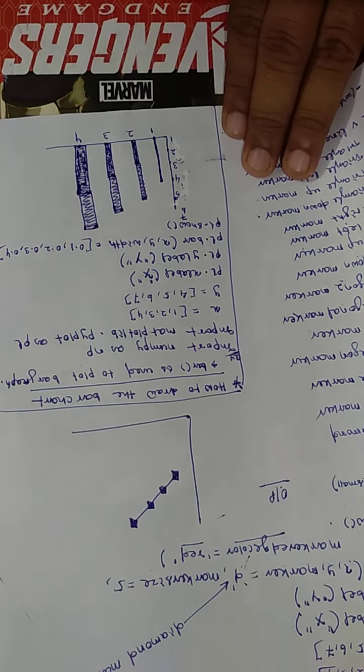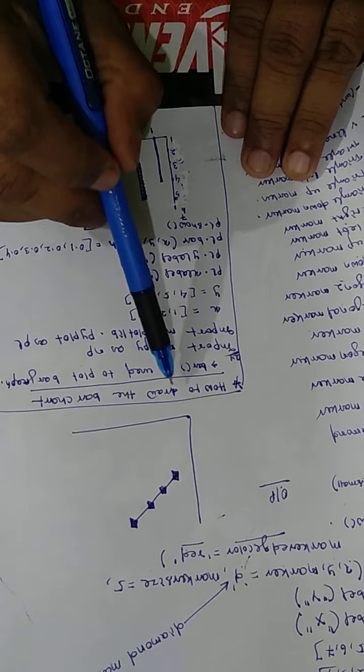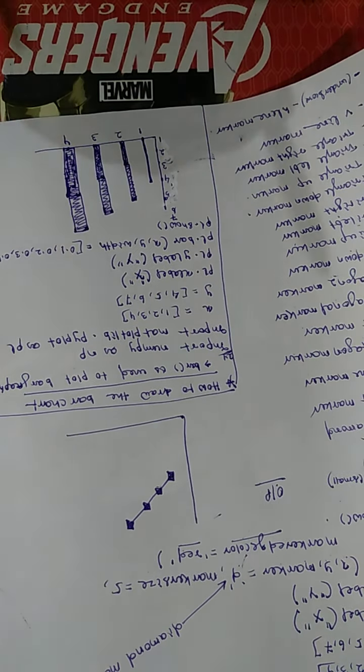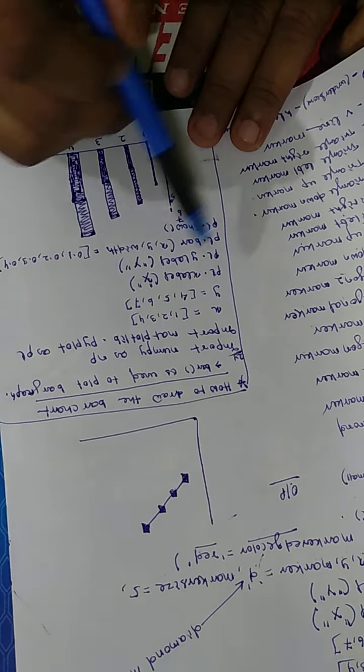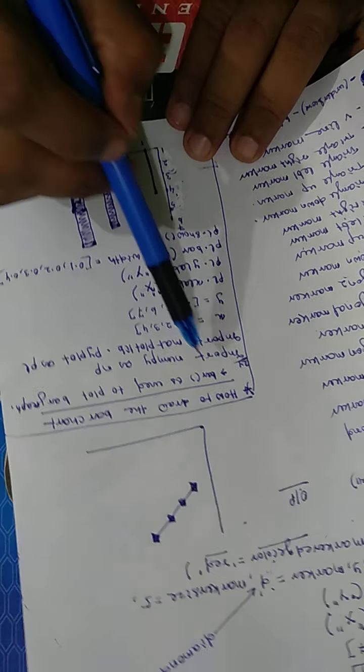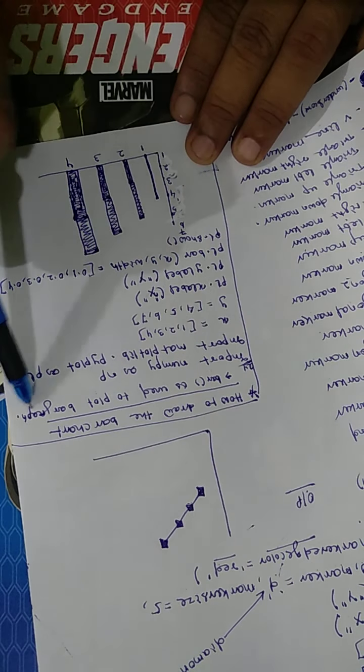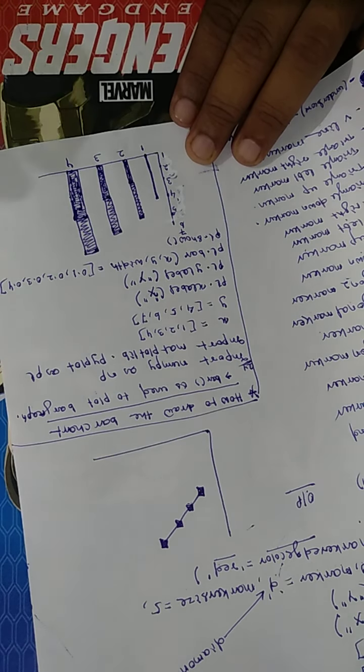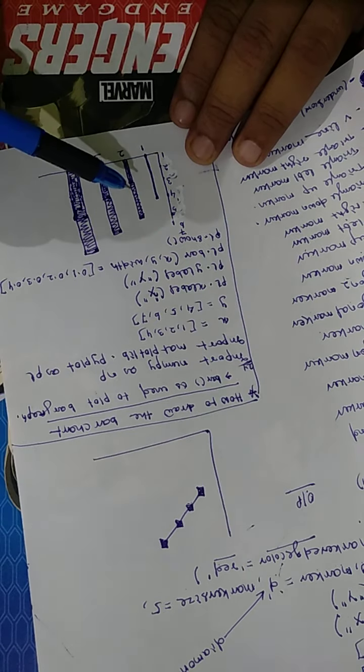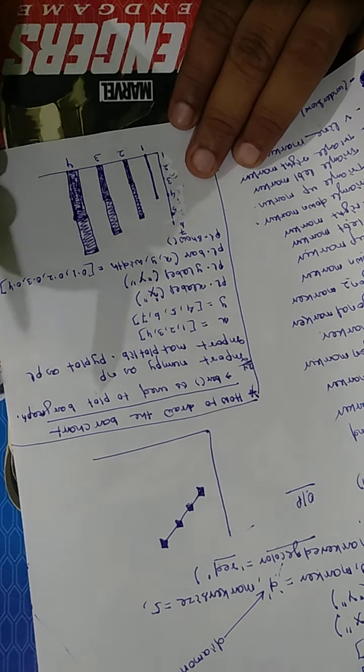Okay, now see how to draw the bar chart. We have already drawn a 2D chart, that is your line chart. Now you will draw a bar chart. The bar function is used to plot the bar graph, so in that case we have to use the bar function itself.